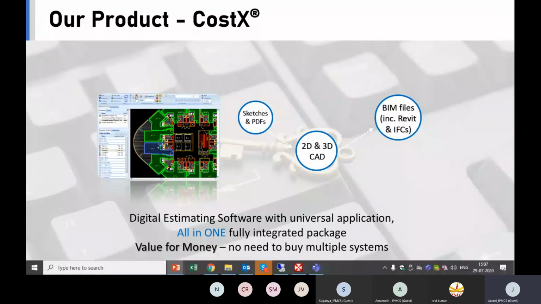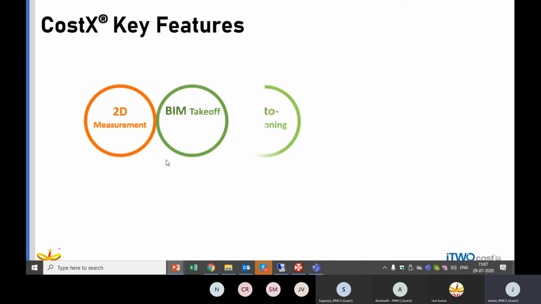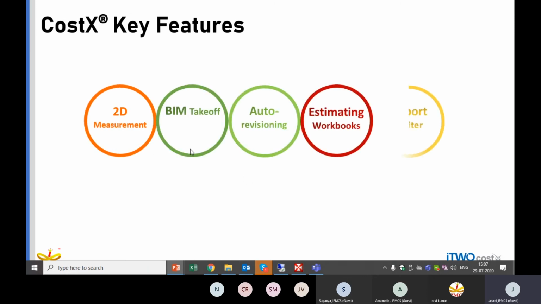Costex supports multiple 2D and 3D files like AutoCAD, PDF, JPEG, and BIM files like IFC, DWF, and Revit files also. Key features of Costex are 2D measurement, BIM takeoff, auto revisioning, estimating workbooks, and report writer.